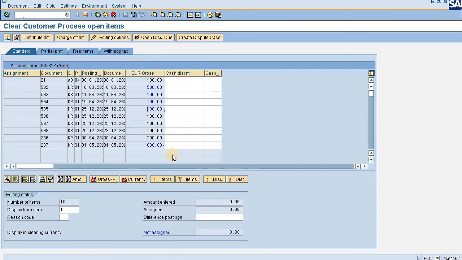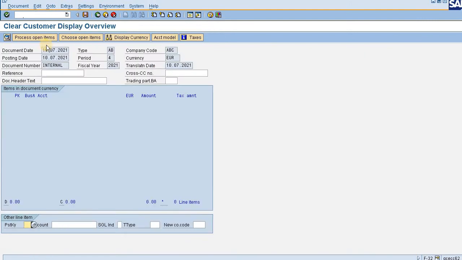So accordingly, I have wisely chosen all these items which are now being reflected in blue color, as they can be knocked off together. So I'll be knocking them off and these will be cleared. Then my uncleared item would be less. So I'm just clicking on this document overview button.